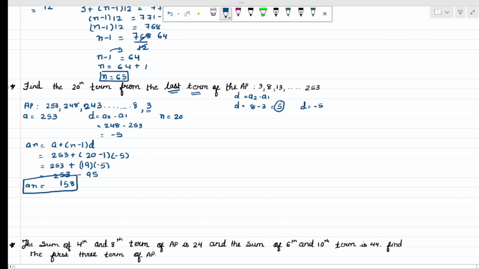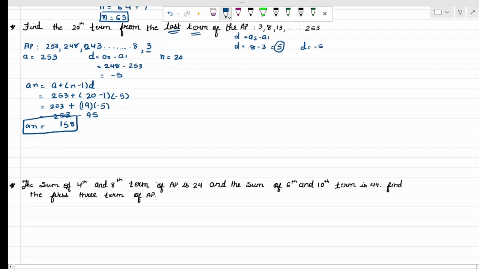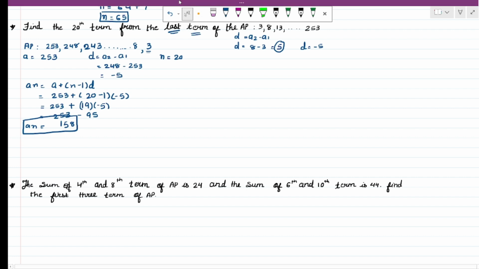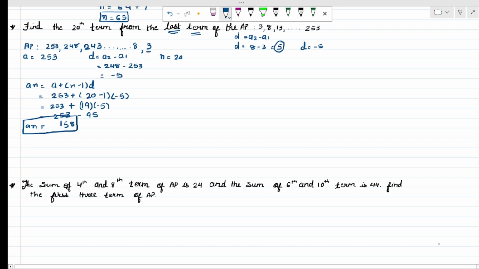I'm telling you this sum again. What you should do, your question asked over here is the 20th term from the last. So you can do another method as well, but this is very easy. Just reverse your AP. Your last term becomes your first term and your first term becomes your last term. Okay. And the D's value will be changed. That means if the value of D is positive 5, it will become negative. If you have D as negative, it will become positive. Just keep these things in mind and you can solve your AP properly. Okay. And the rest is the same. Just put the equation and you can easily solve the question. Okay. So moving on,